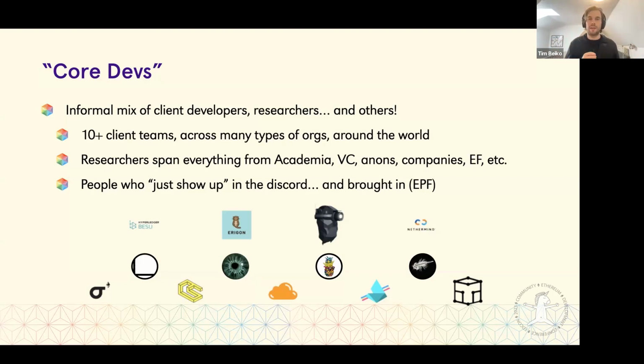And then finally, this last avatar is probably the least well known. This was someone called Sea Monkey. So when we were doing all the testing leading up to the merge, Ethereum's transition to proof of stake, he was just some guy who showed up and was running every possible combination of clients. So there's 9 here, like the 20 pairwise combinations between the 4 and 5. He was running them all on his personal computer and just reporting bugs or UX issues as he saw them, and spent the entire time of the merge doing this. Another great example of someone who showed up and contributed significantly to the protocol.